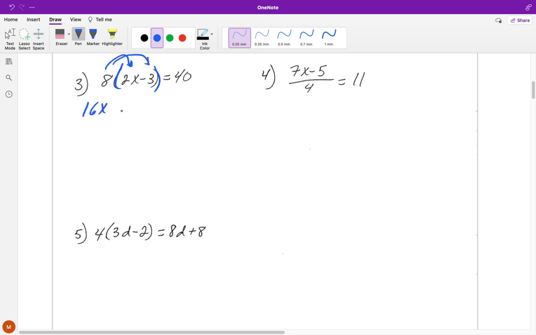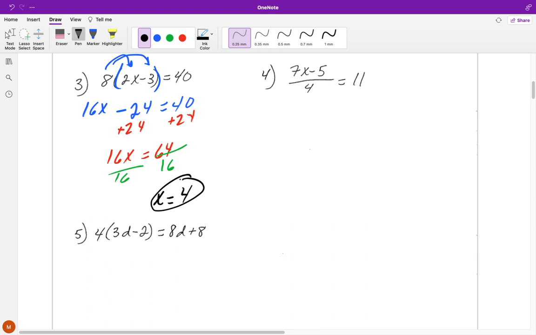So I get 16x minus 24 is equal to 40. And now it's just back to a very basic equation that we have. So I'll add 24 to both sides. So now I get 16x is equal to 64. And then I'm going to go ahead and divide each side by 16 to isolate that variable x. So x is then equal to 4. All right, so for this next one,